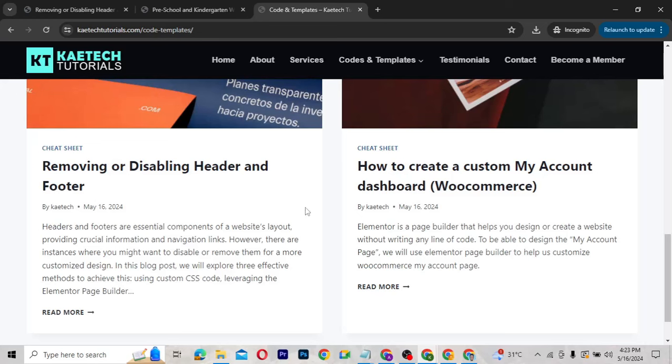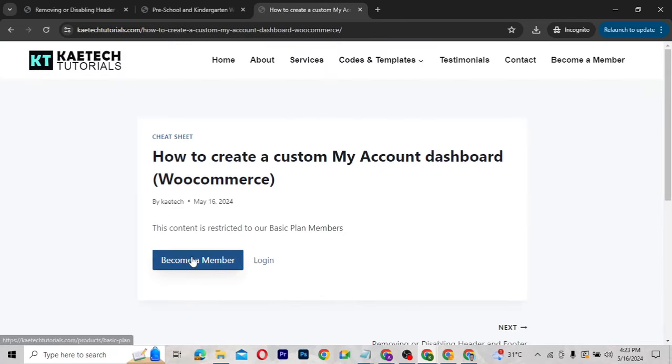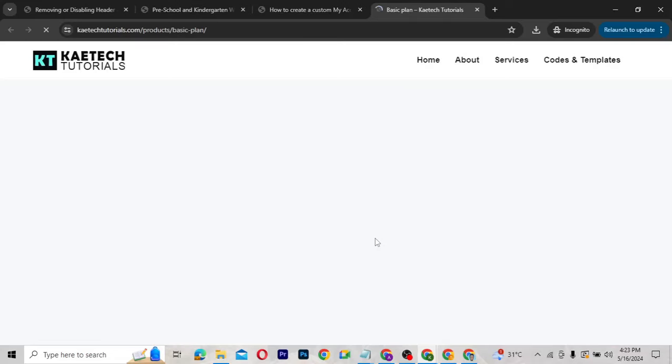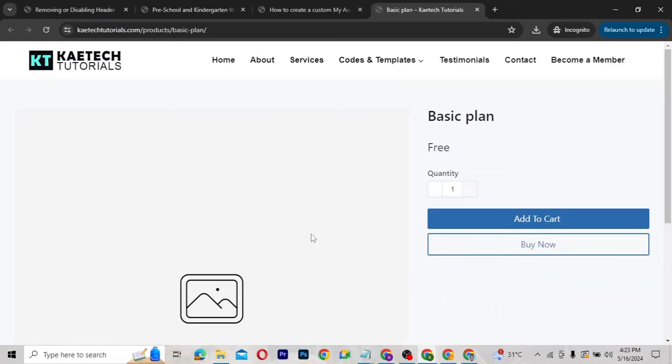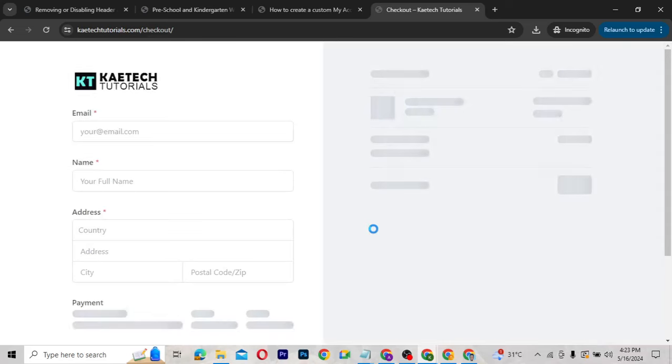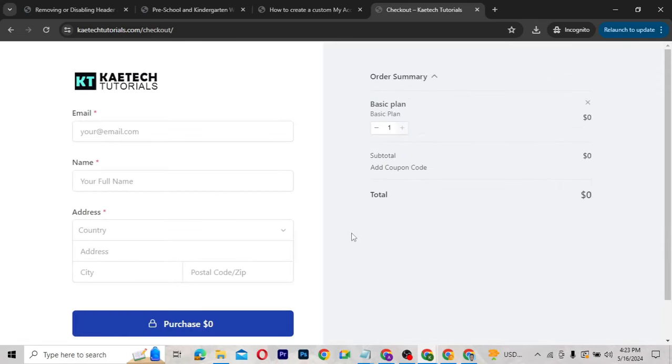It is the basic plan, and when somebody clicks on one of them, they can go ahead and click on become a member over here and then get access to it. So it would take them to this basic plan membership, which is free over here. Okay, and then they can go ahead and buy the membership plan, or purchase it. So as you can see, it is 0 over here. You just fill in your details over here,